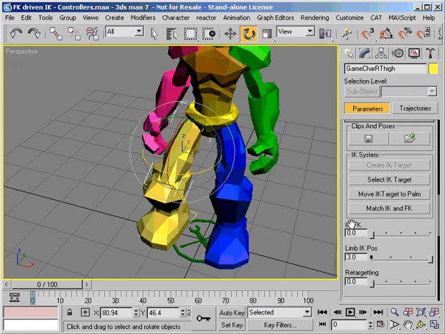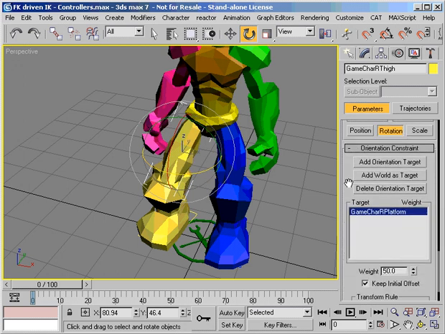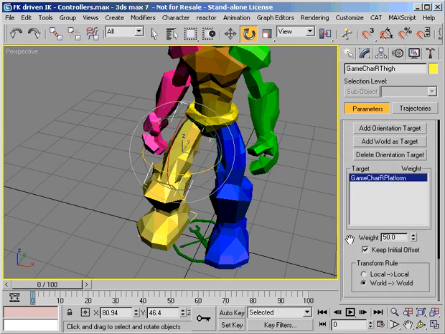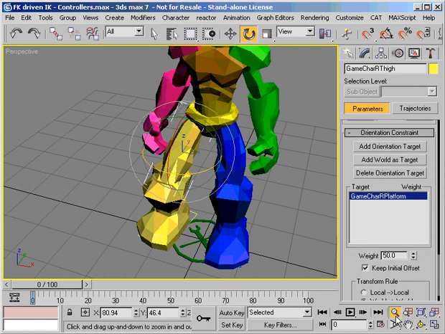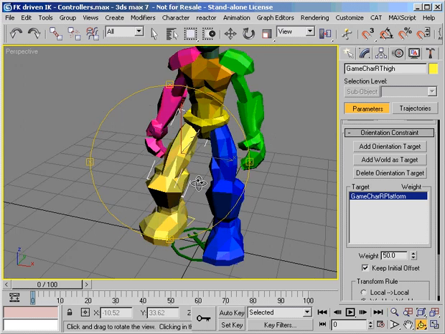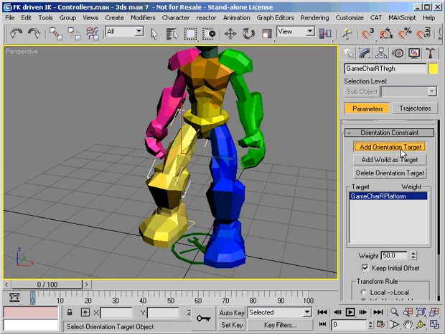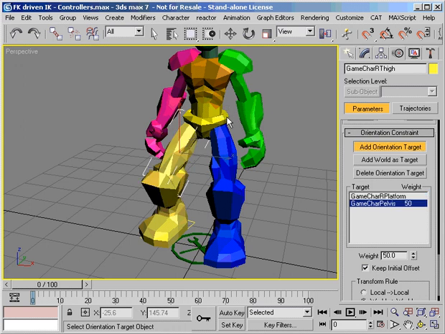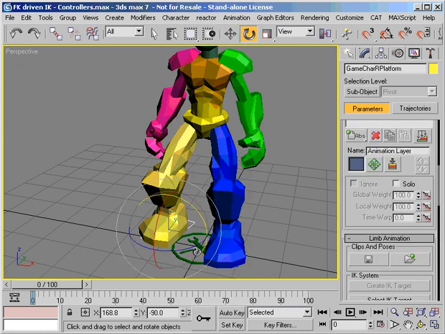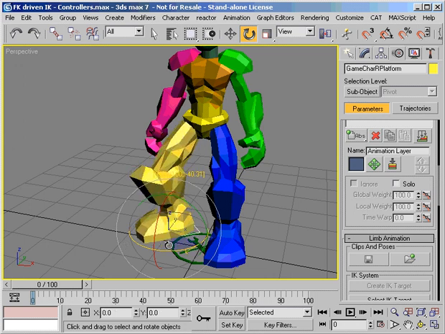If we select this thigh bone again and look at our orientation constraint, the orientation constraint has a few properties, one of which is the ability to add multiple targets. If I click on the Add Orientation Target button again, this time I'm going to add the pelvis as an orientation target. Each target has a weight, so now when we rotate this IK target, our whole leg is inheriting rotations off both the pelvis